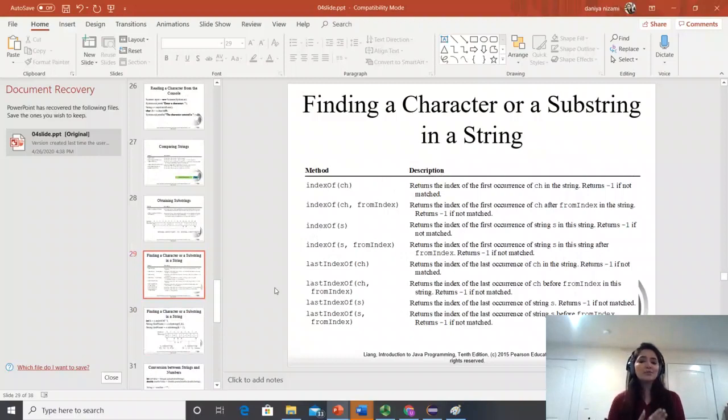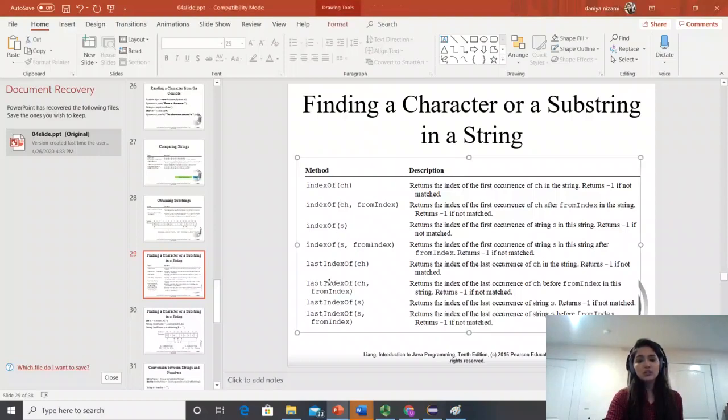Finding a character in a substring or in a string. Character is a very popular class. It goes with the integers as well, it goes with the string as well. It's kind of a mixture. It's all over Java, character. So this is how, if you are working with strings and characters, like from a string, I want a character out and do something with the character. So here are some methods which are a combination.